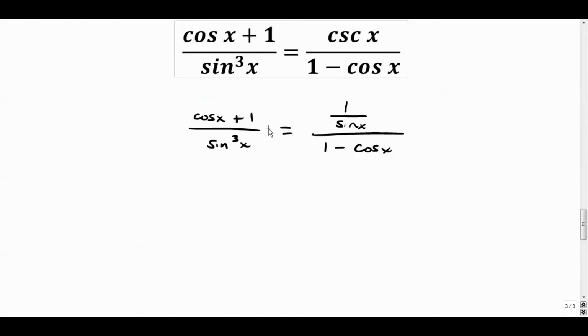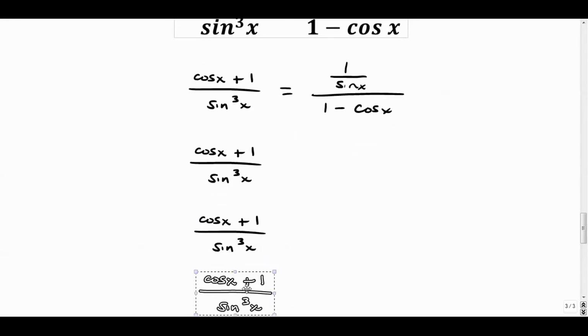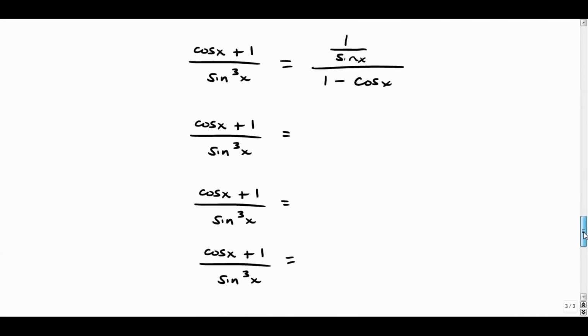And at this point I might just copy and paste this if I can select it. Maybe I can't. There we go. I need to bring that down a bunch of times. Save me some time. Like I said, I think this is about a 6-step proof. Can't really remember, but let's see. From here,